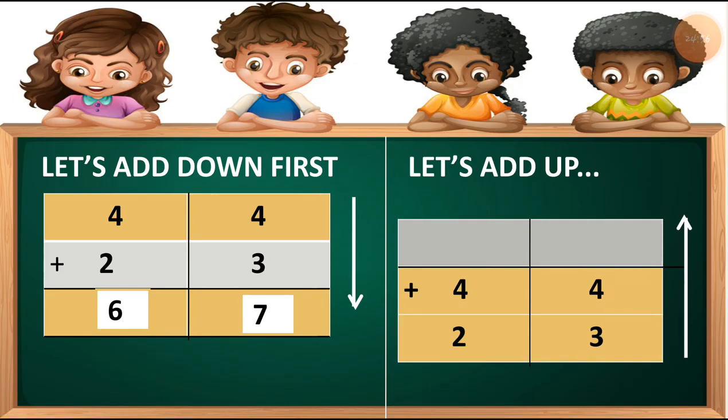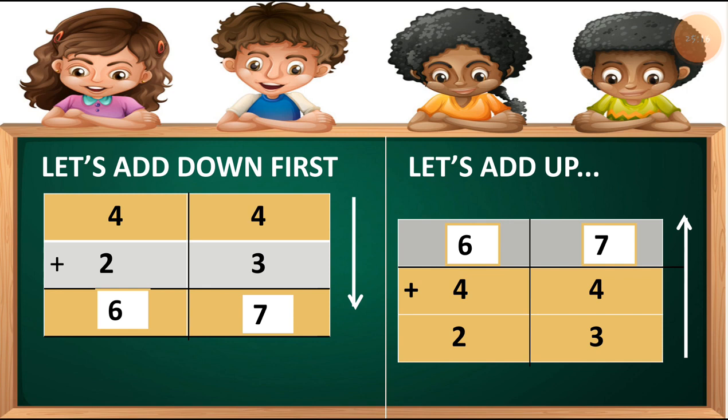3 plus 4 is equal to 7. So I write number 7 at the ones column. Now let's move to the tens column, which is 2 plus 4. So 2 plus 4 is equal to 6. So you can see our answer is right because we get the same answer at both the sides, upside and